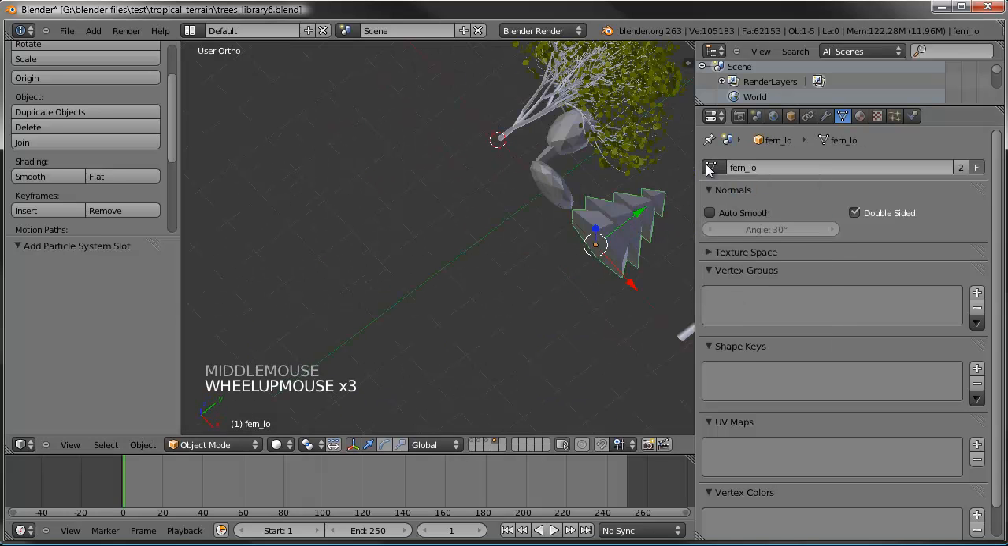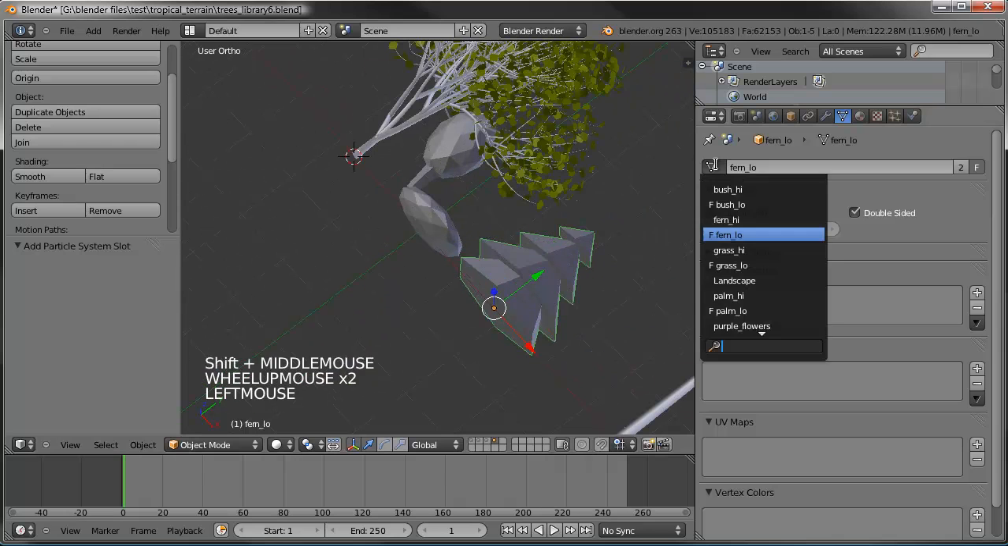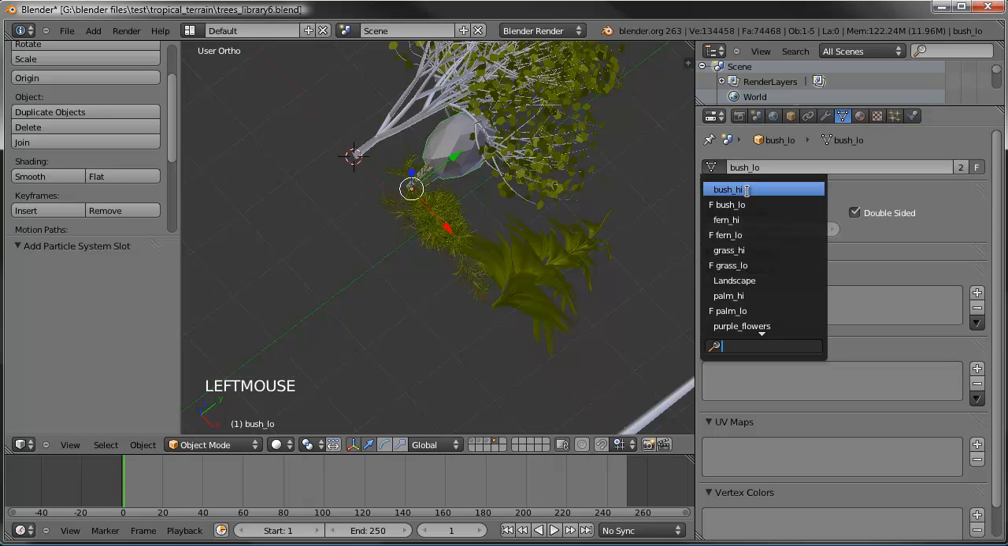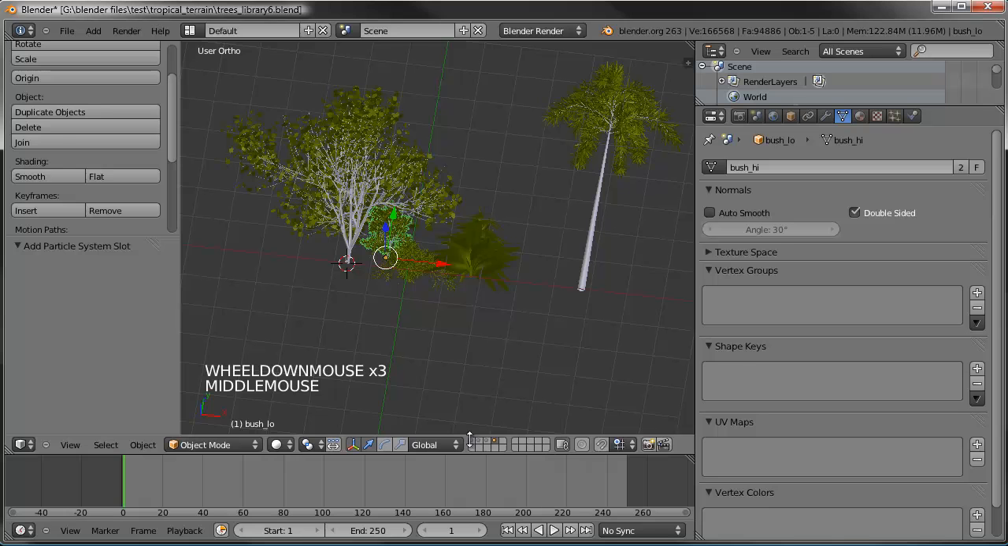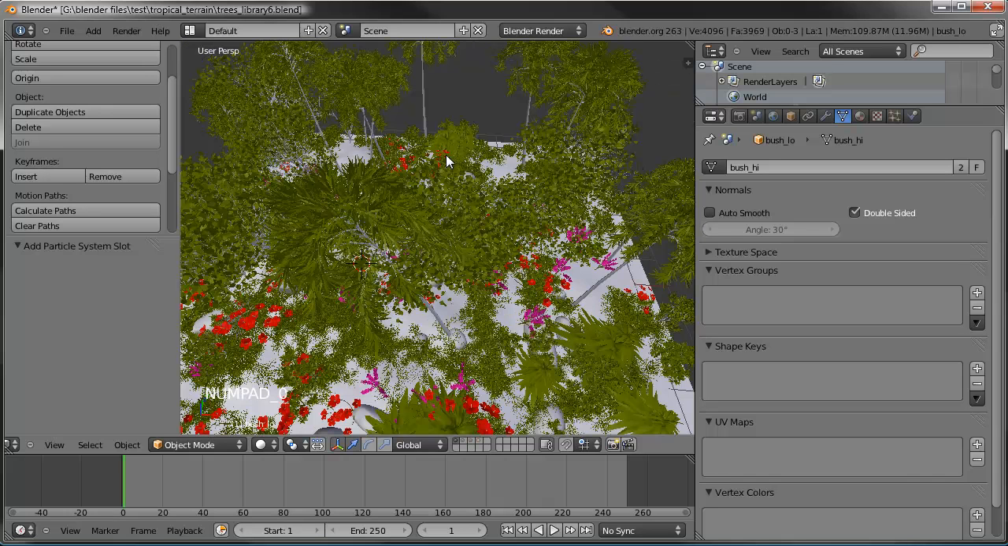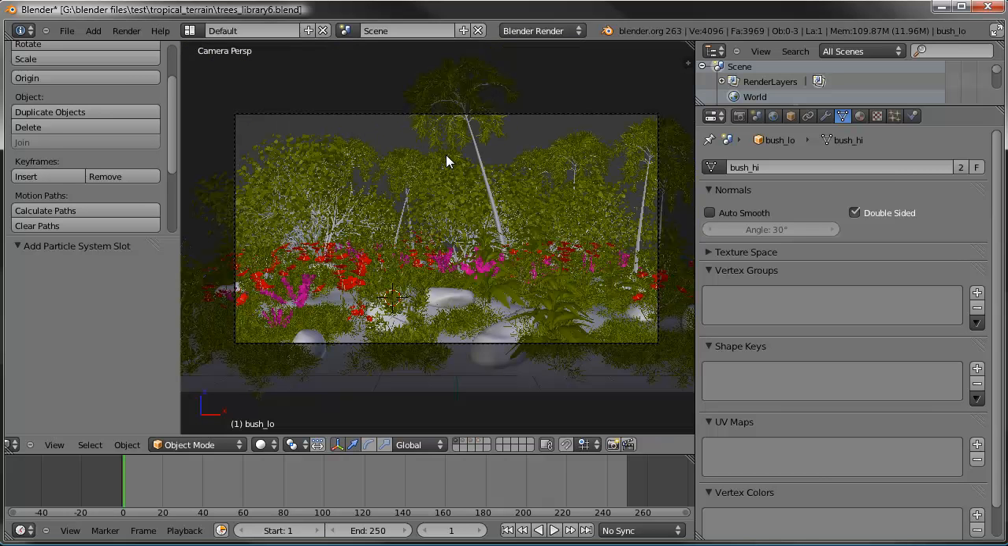Go ahead and look at this from a little bit better angle. Fern high, grass high, and bush high. Okay, so now if we look through our camera, boom, we have all that distributed like it should be. Okay, and if we look through our render,